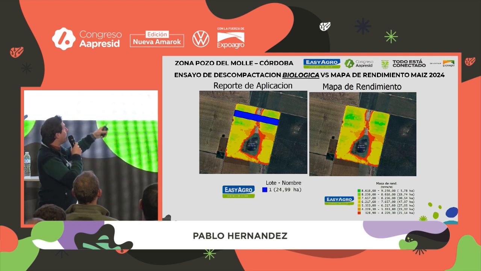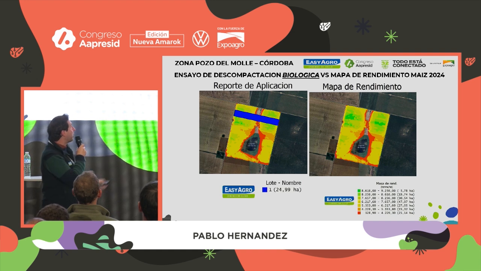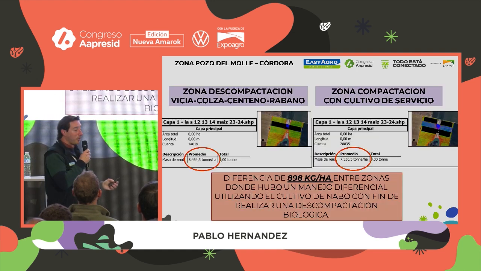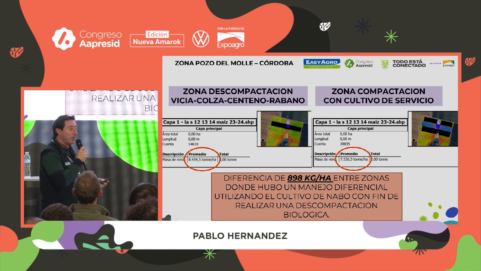We sowed it, and over that we got the yield map. All of the blue is the plot with a multi-species crop, and you can see in the yield, you can immediately see where we had that problem. And when we filtered the information, we determined that where we did the biological decompacting with rapeseed, rye, and radish, we could have